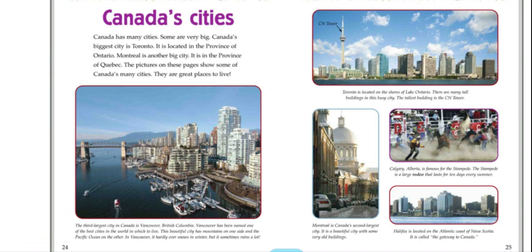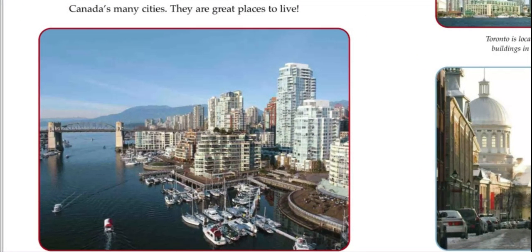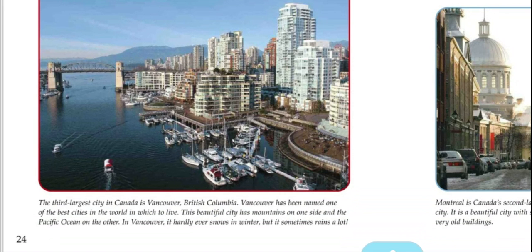Vancouver has been named one of the best cities in the world in which to live. The beautiful city has mountains on one side and the Pacific on the other. In Vancouver, it hardly ever snows. What? It hardly ever snows in winter, but sometimes